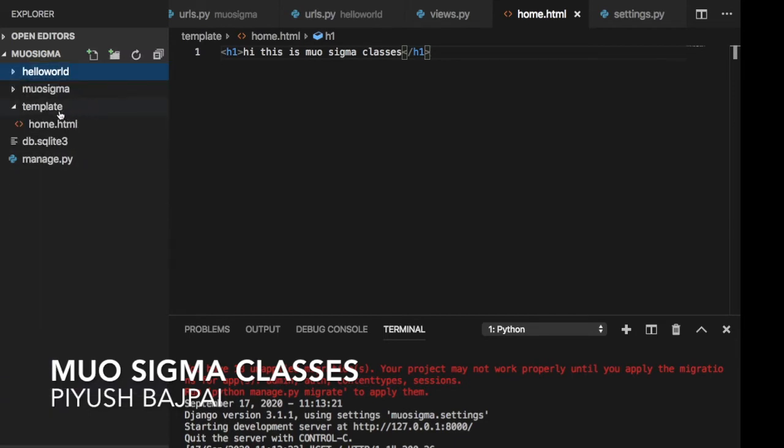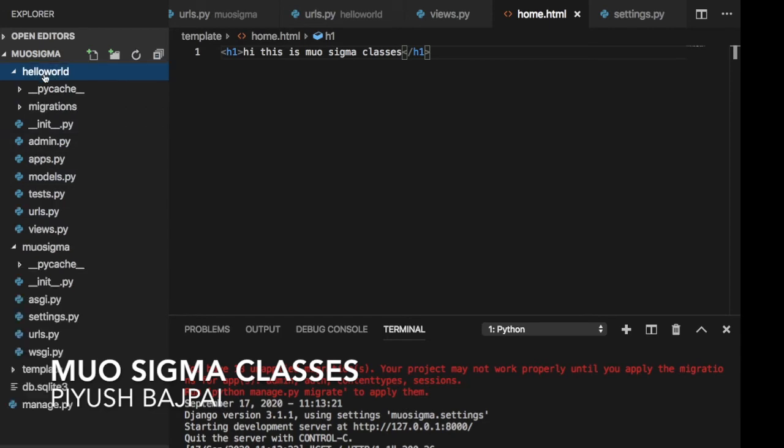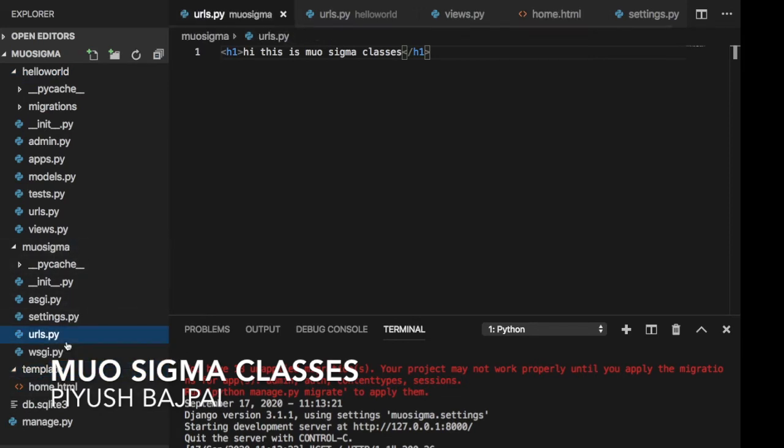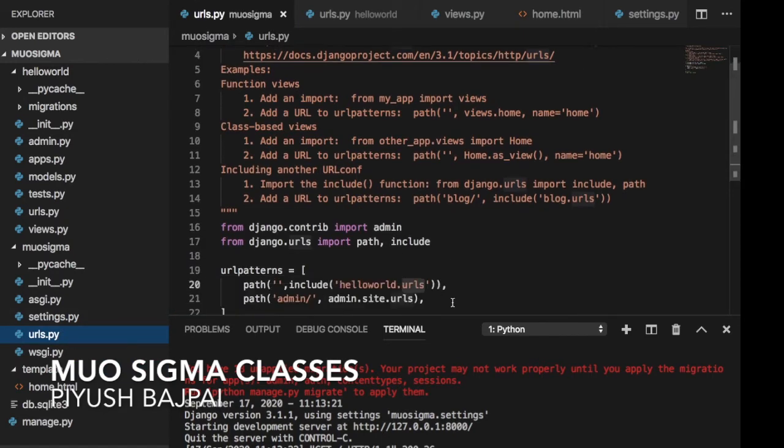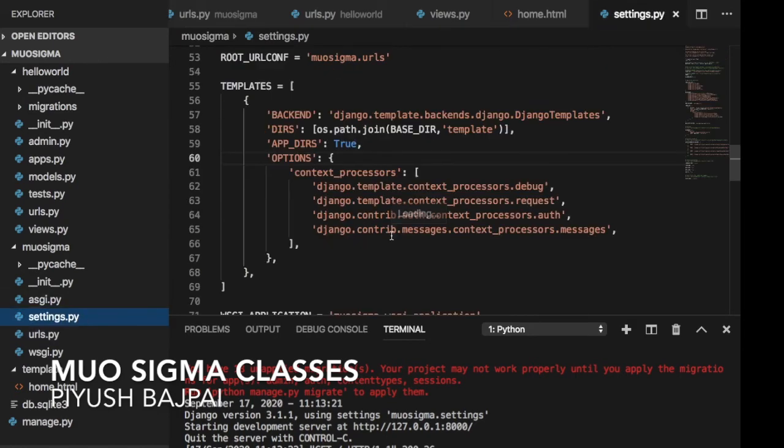Here you can see we have the manage.py file, and this is our Mu Sigma project. So the project is very important here. Then we have a hello world app, and we have the template. Under this Mu Sigma project, when you run your project, first of all the settings.py file will run, right? But we need to configure the settings first in order to access the template. In this place you need to set the template path. So when you are writing the template, it means it is navigating to the template.